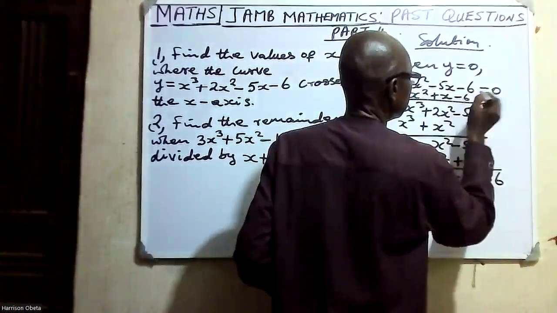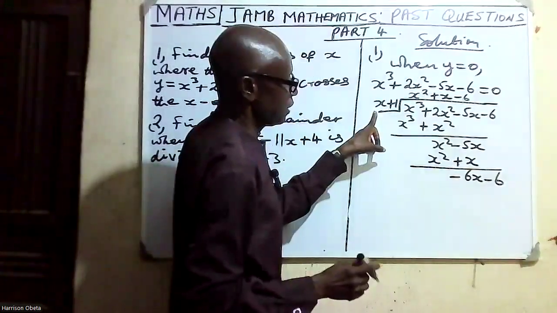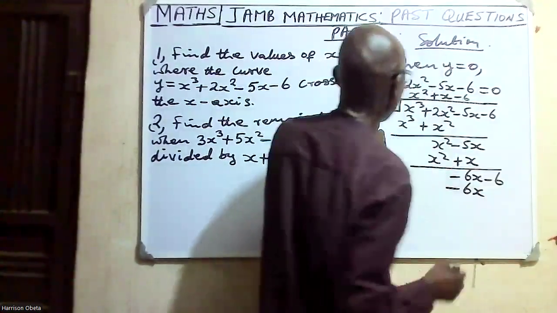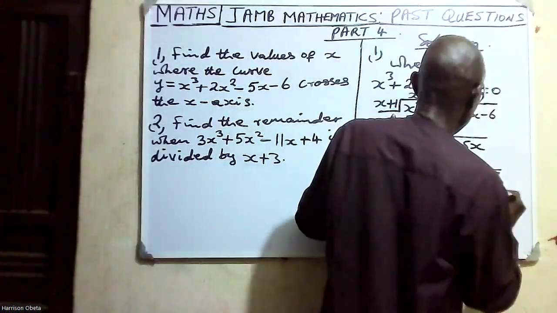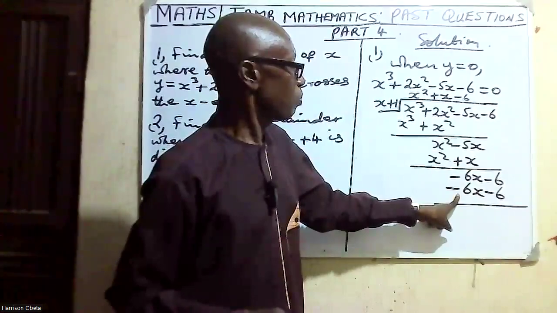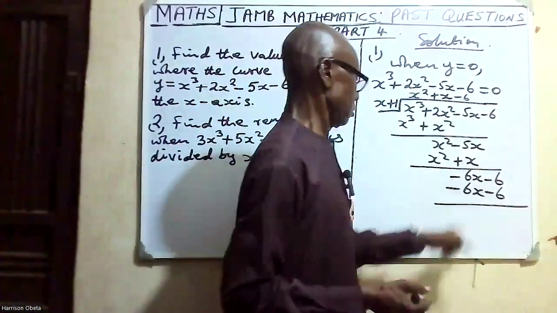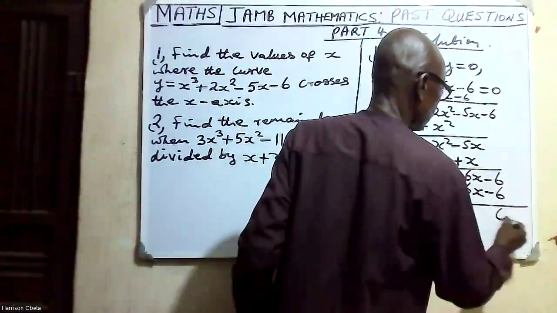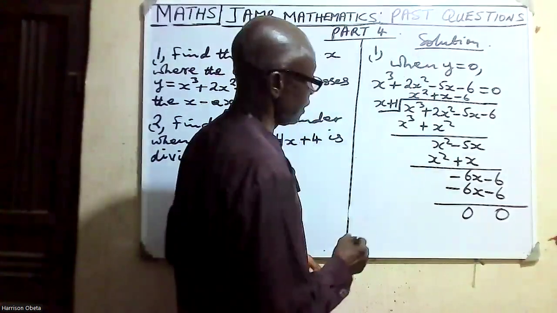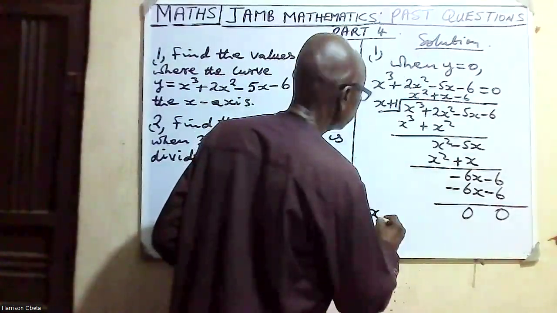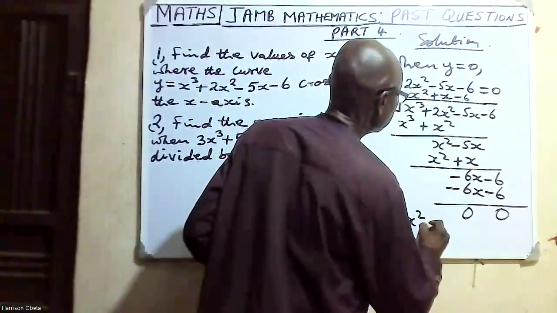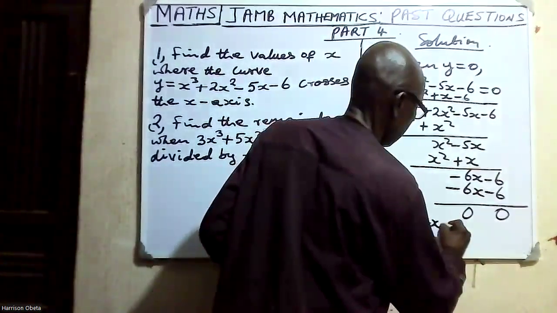Because minus 6 times x will give us minus 6x. Minus 6 times this will give us minus 6. Now, if we subtract, this will change to plus, making it 0, and everything will turn to 0. Okay. So, we are now having x plus 1 into x squared plus x minus 6